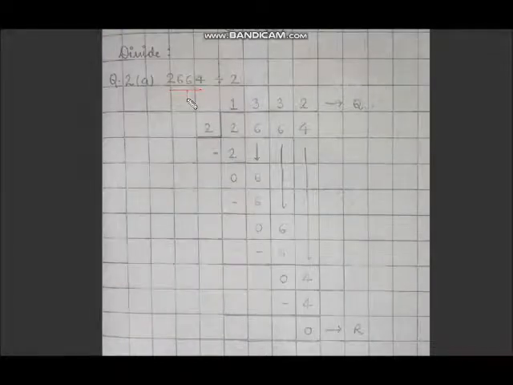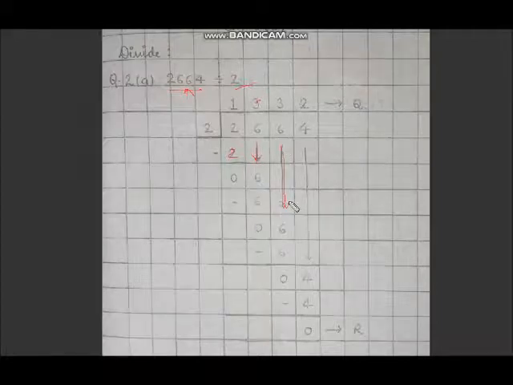Similarly, if there are 4 digits in the dividend and 1 digit in the divisor, so यहाँ पर भी हम same procedure use करेंगे. One by one we will divide the numbers. So in the table of 2, 2 comes 1 time. 1 we will write in the quotient and 2 will be written here after this 2. And then we will subtract because division is repeated subtraction. So subtraction के बाद हमें क्या मिला? 0. Then we will note the 6, the next number. In the table of 2, 6 comes 3 times. 3 we will write in the quotient and 6 minus 6 is 0.